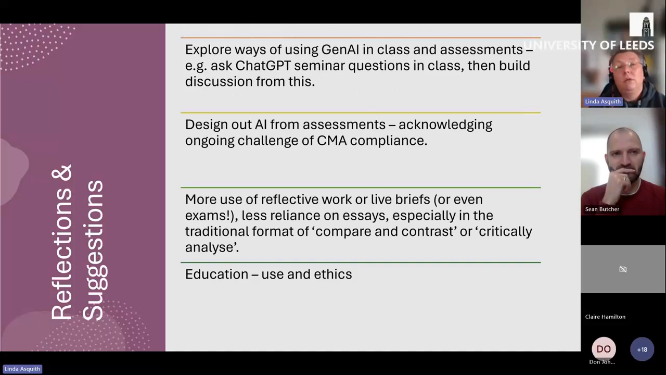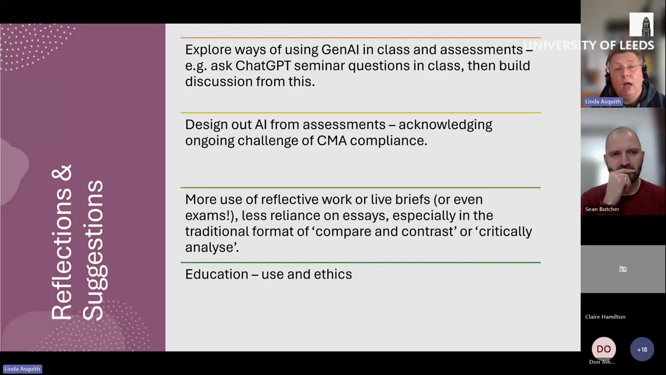But there are ways we can use generative AI to make our classes more interactive, hopefully, and get students thinking about assessments where they have to do it rather than getting someone else to do it, but also thinking about the world of work and where they're going to go. Because I've used